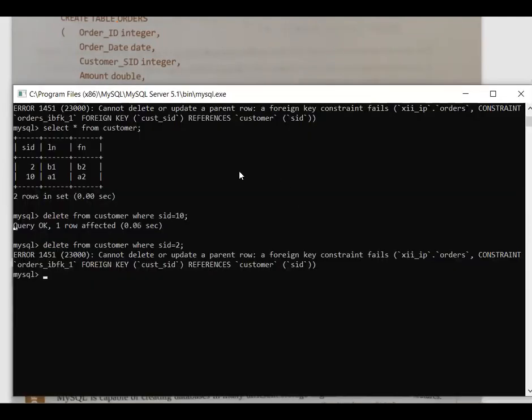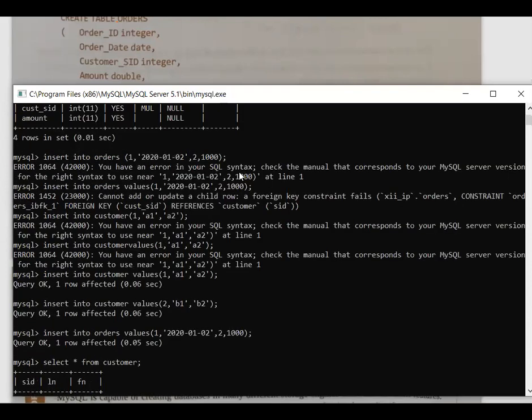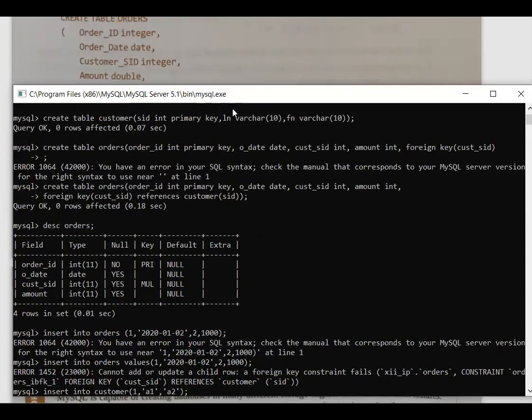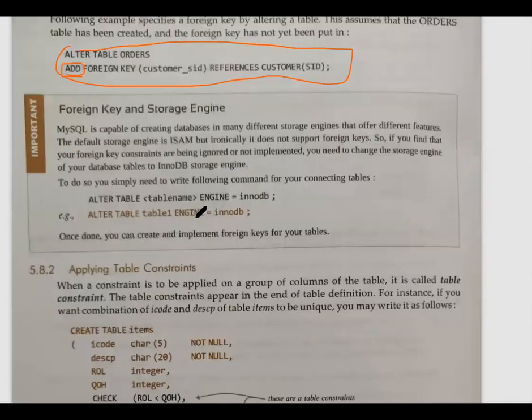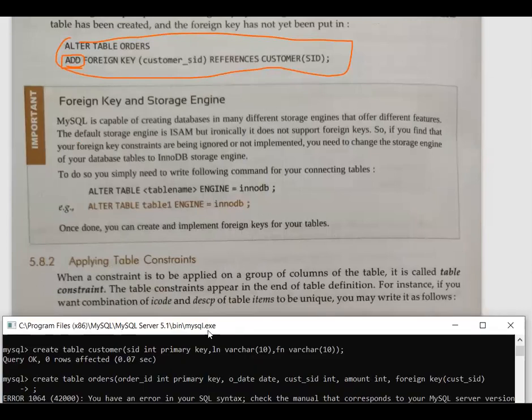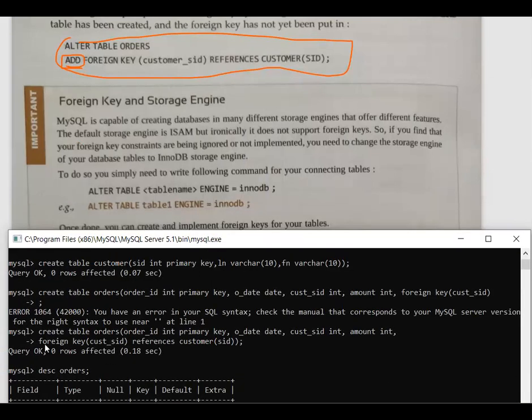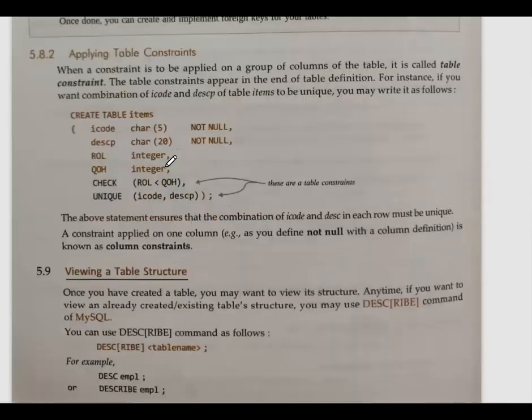Okay, if you will see over here when we have created our foreign key, same thing we have written over here also. You can check over here, or I must say that you can compare here. Here we have written foreign key, customer SID, references, customer SID. Only before this I have written complete create table command. And here they have written alter table orders and add. After that, the remaining complete line is again same as this one. Okay. Then next is